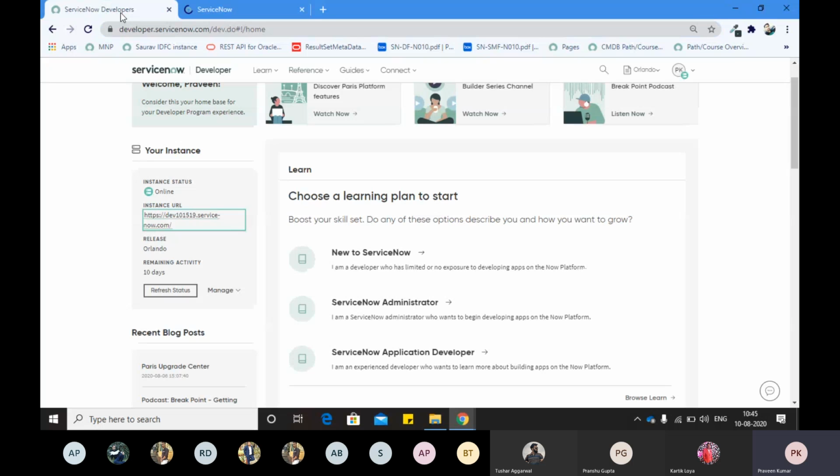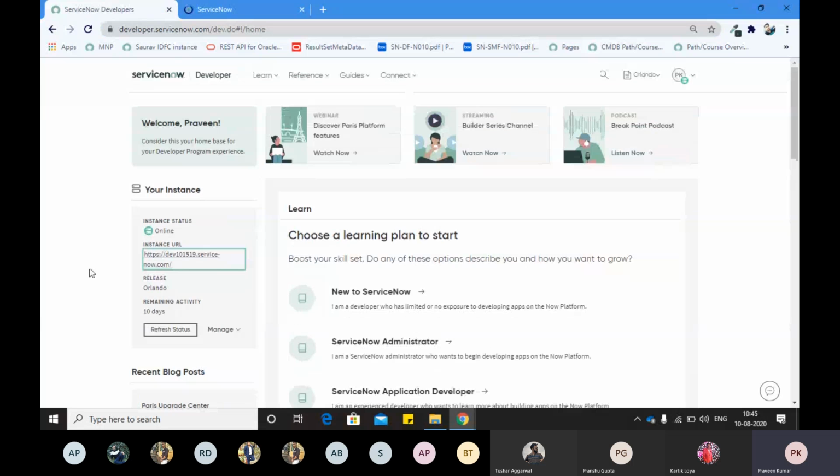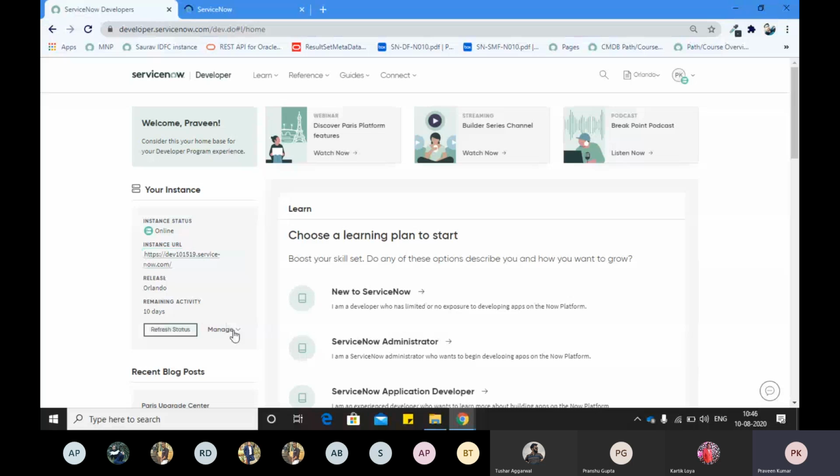So guys, sometimes whenever you have an instance, you most of the time face a problem that you do not remember your username, your user ID and your password. Whenever you open an instance and want to log in, you need at least the admin username and admin password. If you do not remember your admin name, user ID and password, in that case you can reset your password. So here is an option, reset admin password.